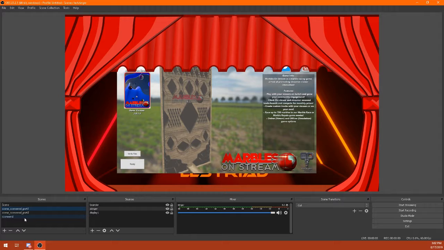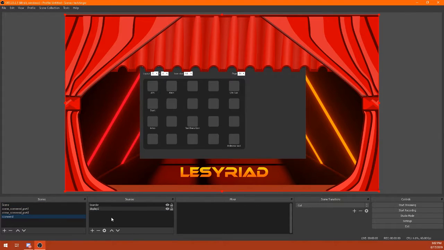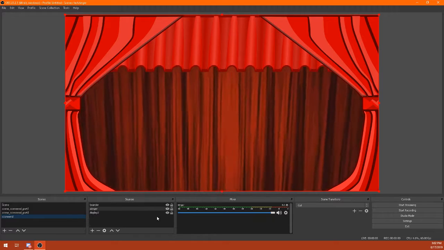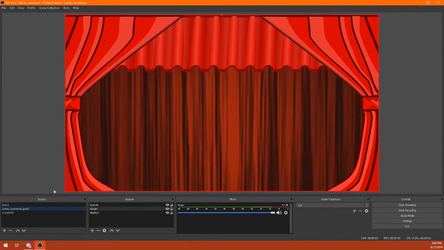This is a lot simpler when we're using a software such as Updeck or Stream Deck, where you can macro the events that are happening on the scene. So we're going to copy this stinger. We're going to pop it in on our first scene and our last scene. We're going to hide it. And we don't need these 2 scenes